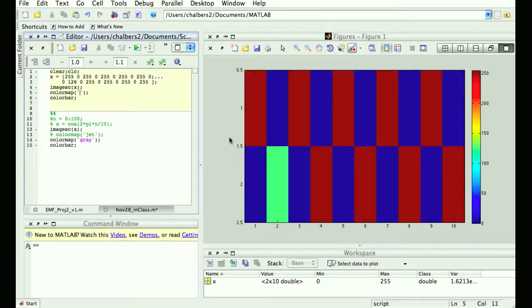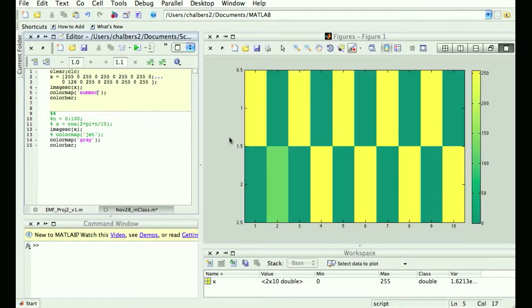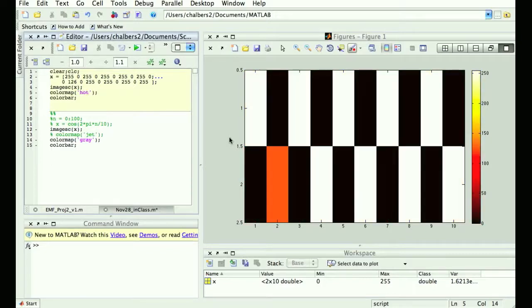But there's other ones, like summer, hot. There's different contexts where some of them give better contrast for picking out different kinds of features. There are almost religious wars over which ones make the most sense in most contexts, and I don't really care. The point I'm trying to get you to realize is that the mapping of numbers to colors is kind of arbitrary. It's just defined by a color map, where you can either use a built-in color map or,